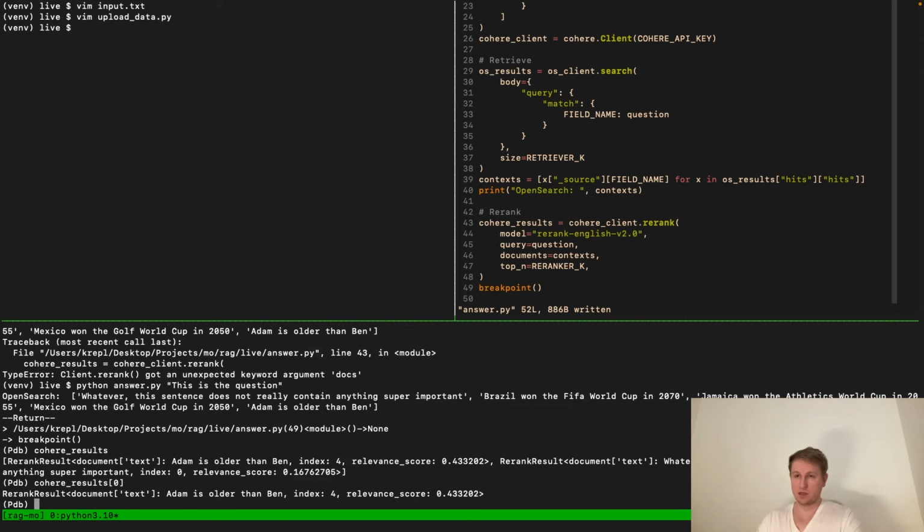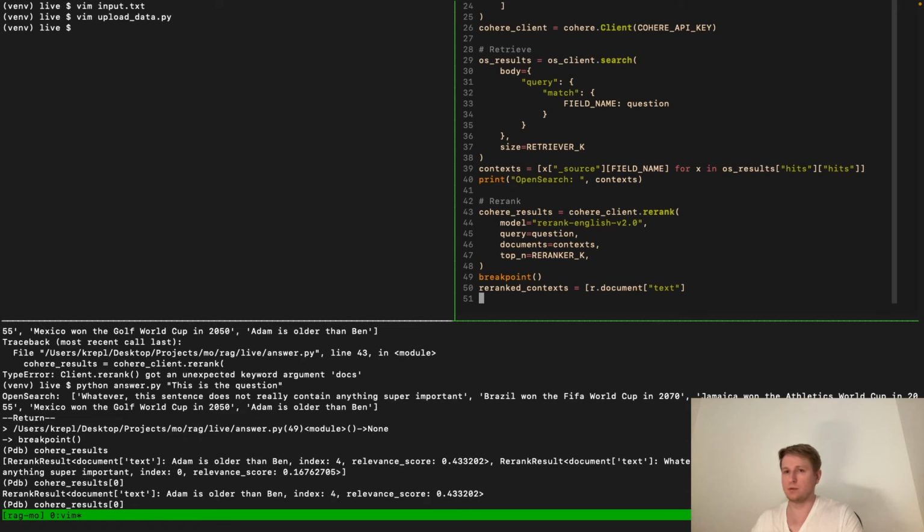So for example, here it has things like the relevance score, which is super interesting, and the original text itself. But I suggest we literally just extract the text. So let's do this. Rerank contexts is equal to our document. So we take this object and just get the document,